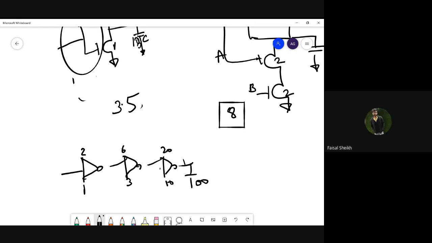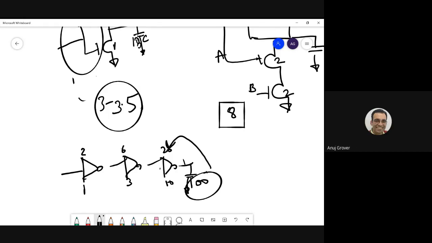Sir, I was not able to understand this part, this 20 by 10, 6 by 3. This 2:1 is fine for me for the inverter, but why are we having it? I said we are going to have a stage ratio of around 3 to 3.5. So 100 was the output load, so here it became 20 and 10. I had to distribute almost 33 somewhere. I distributed it as 20 and 10, then as 6 and 3, then here as 2 and 1.